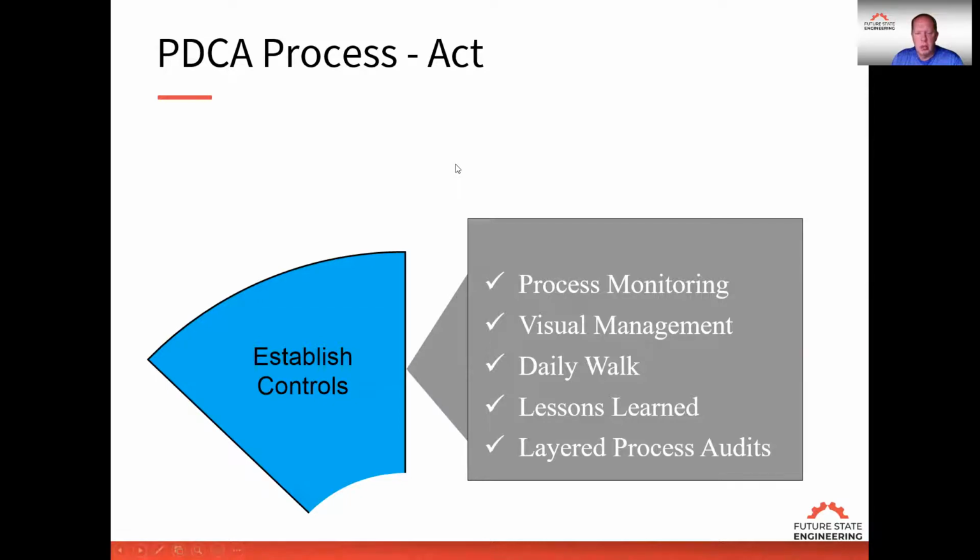Of course, we want to do process monitoring. There are all types of process monitoring techniques you can use, such as an hour by hour chart. Depending on the situation or process that you're looking at, you're going to choose different tools to monitor that process. And again, we want that feedback instantaneously or really close to the process outputs so that we can determine if the process is actually performing as intended.